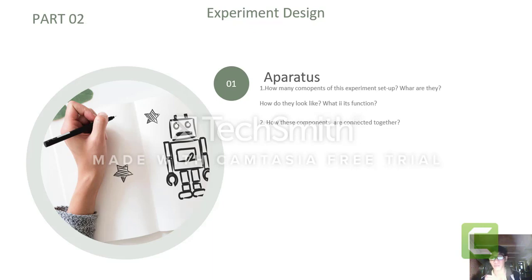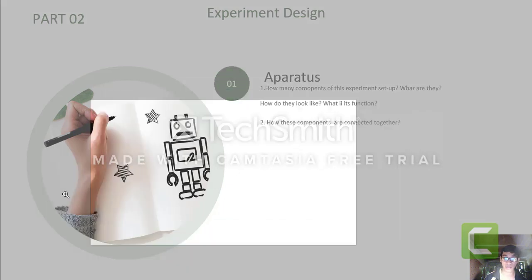How many components of the experiment are there? What are they and what do they look like? What is the function of each component of the apparatus? And how are the components connected together? So secondly,